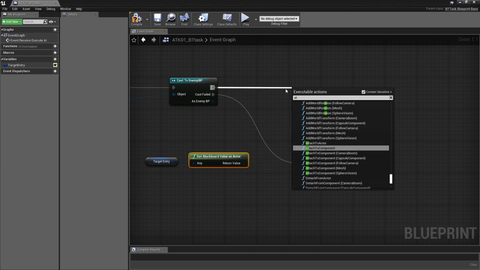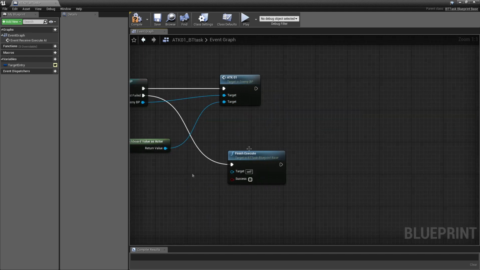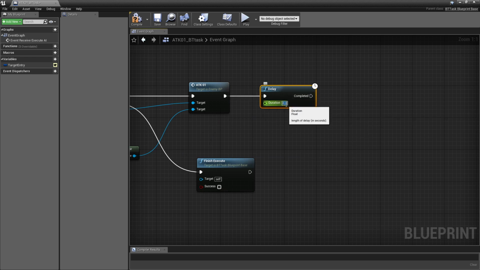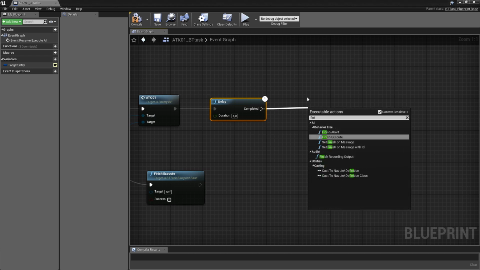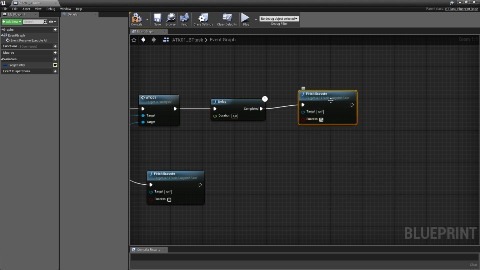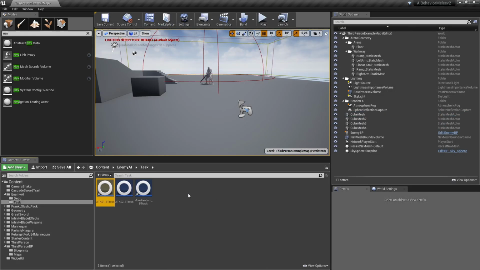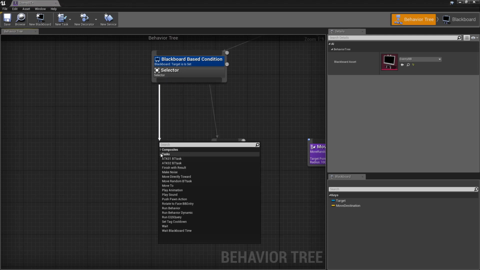and let's call this function from the blueprint so we can do the attack, and the target is gonna be this blackboard key. And once we did that, we're gonna give a slight delay, so the player has a window to attack back the boss. And over here you can finish execute and click success. So this is gonna be fine for now. Just hit compile,